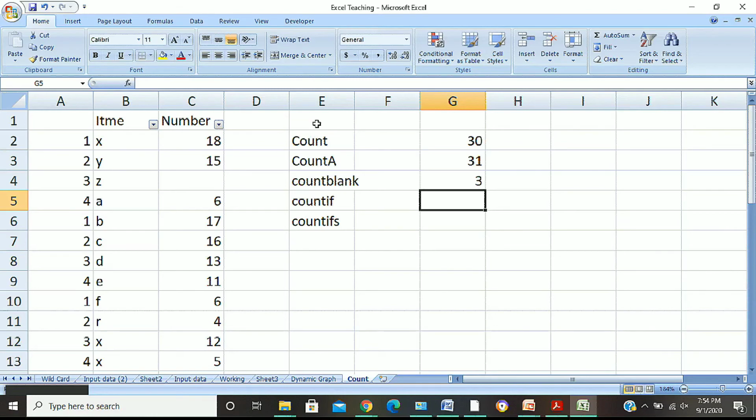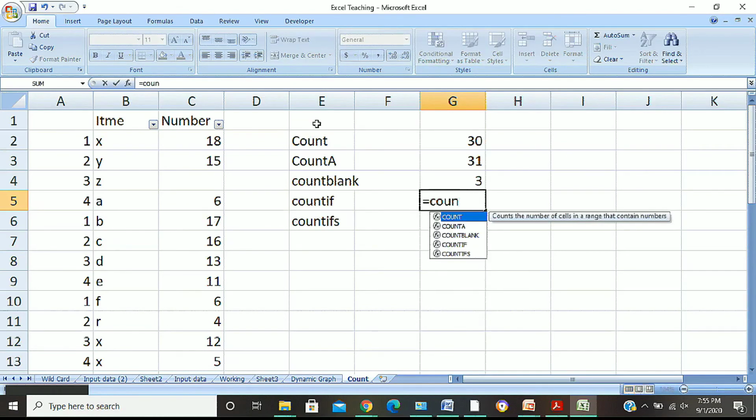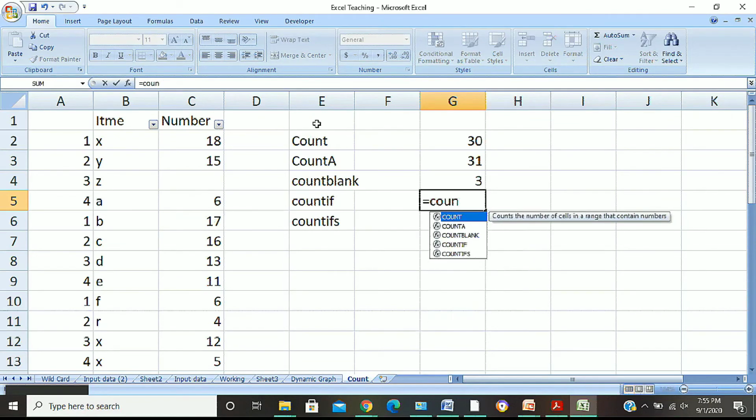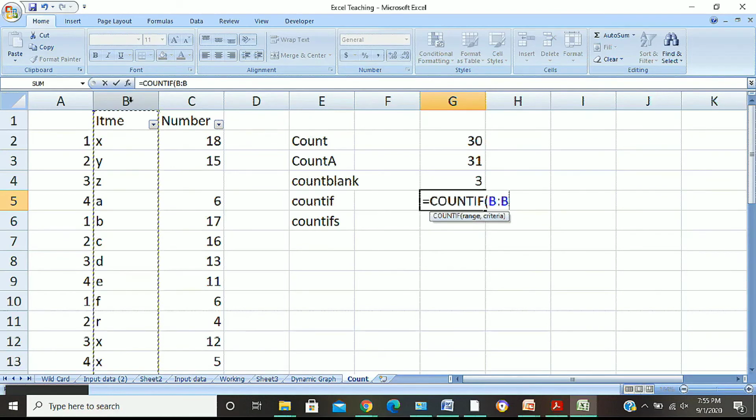Now we will see. Let's say COUNTIF. Now I want to count where x is there.